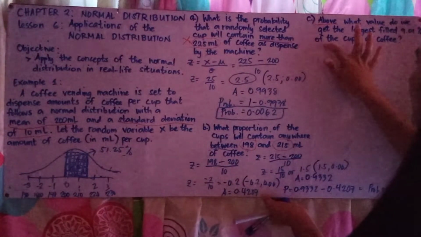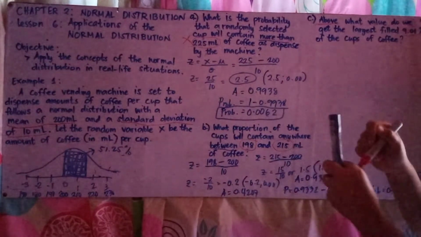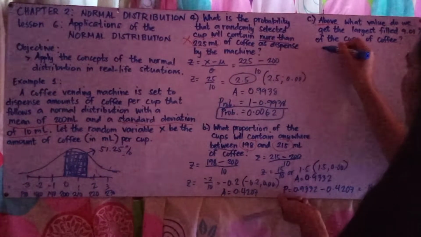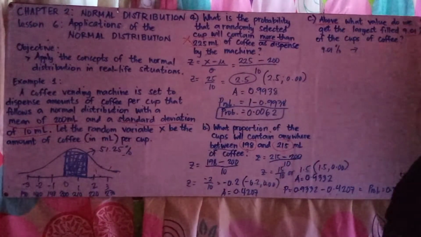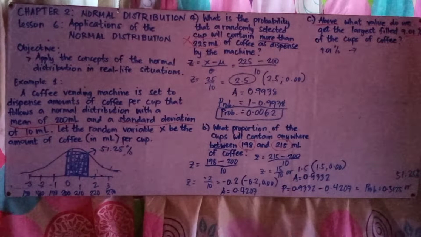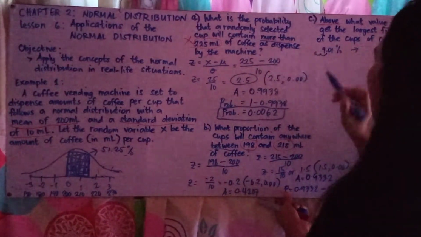Okay. So, since the given is 9.01%. So, 9.01%, when you transform that into a decimal,